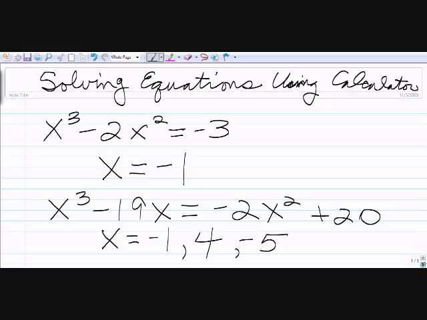Now, you certainly have another option for doing these. The other option is going to be doing them by hand. Another option would be to take your equation. I'll give you an example: 2x to the 4th minus 5x cubed